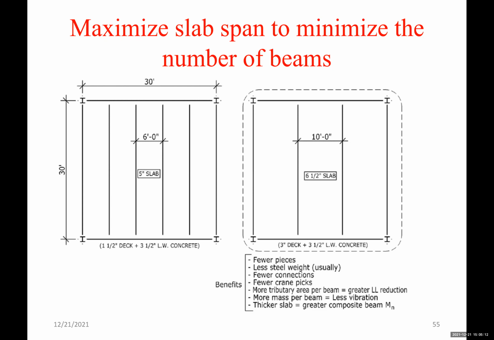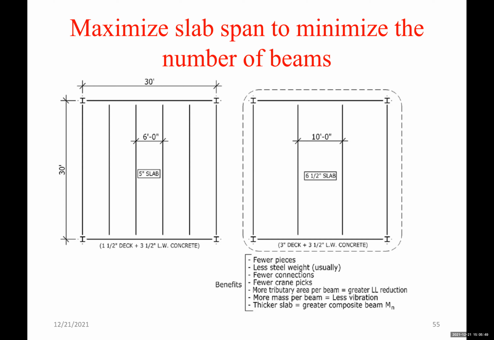Maximize slab span to minimize the number of beams. Here we have a 30 feet by 30 feet bay. We decided the spacing to be 6 feet between the beams with a 5-inch concrete slab, so that's a metal deck plus concrete. We could use a 6.5-inch slab instead of 5-inch, and this will give us, of course, longer span